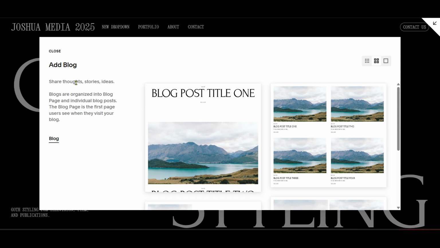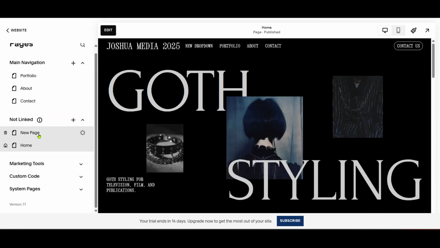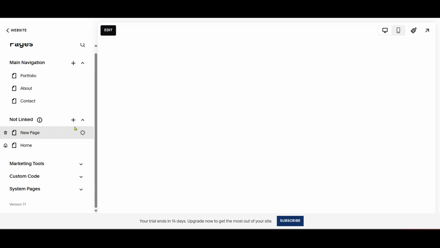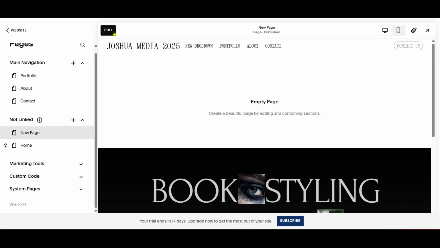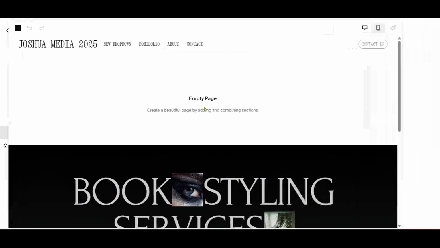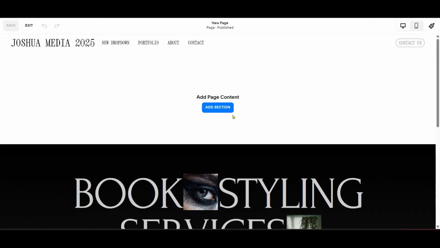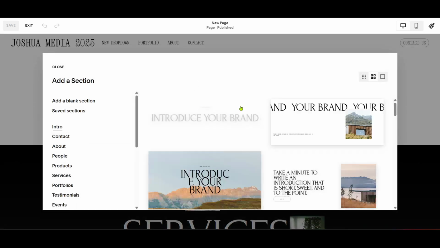After your new page has been added, it's time to start editing. Click on the Edit button to begin customizing your new landing page. You'll want to make sure that it reflects the message or aesthetic that you have in mind. Take your time to explore different elements like text blocks, images, buttons, and custom sections. They all play a part in creating an engaging and visually appealing landing page.